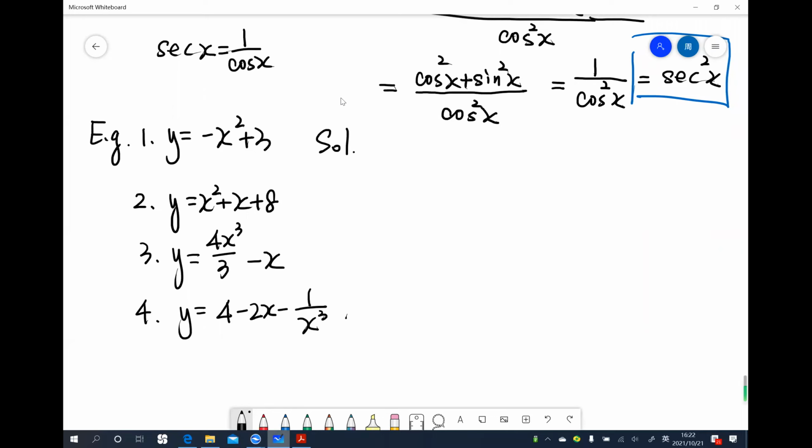For the first one, we have to get y prime, and that equals minus 2x plus 0, right? Here we use the sum rule. So we have to calculate the derivative part by part. The first part, we know the derivative, that is minus 2x. And the second part is a constant, so the result is 0. So we have, that is minus 2x. And the second,